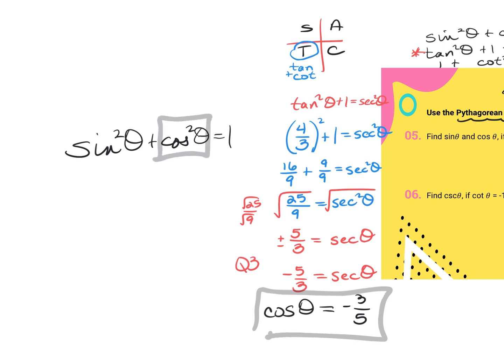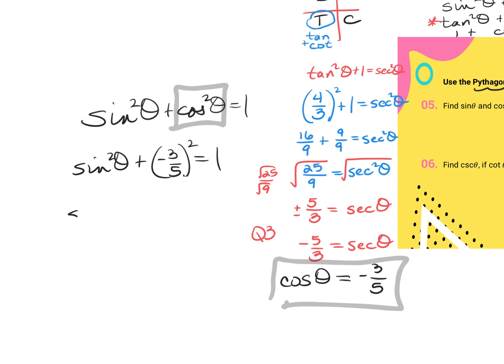So I'm going to leave sine squared theta, take out cosine squared theta, put the negative 3/5 and square it, and it's equal to 1. I need to square 3/5. So sine squared theta plus